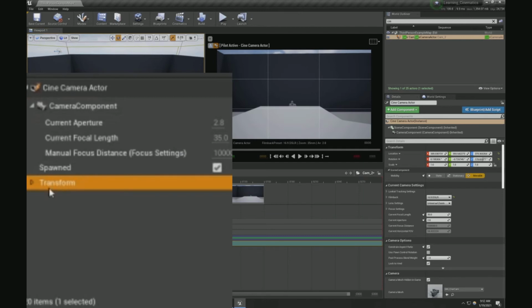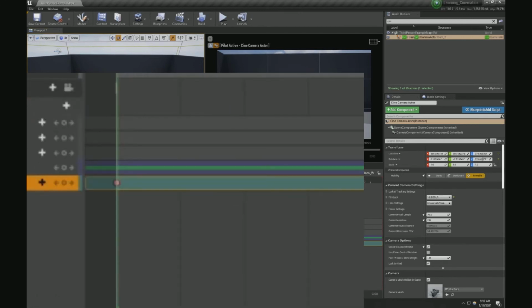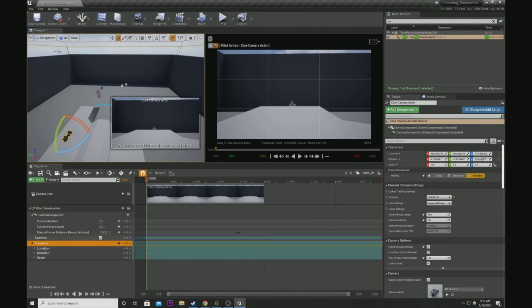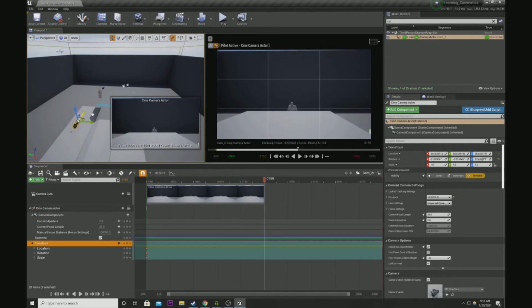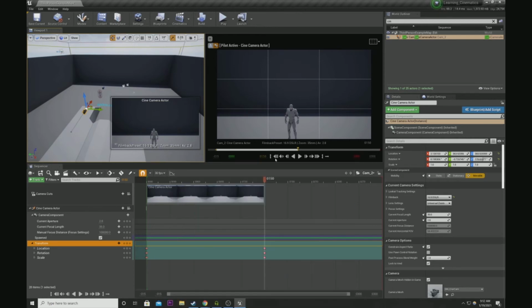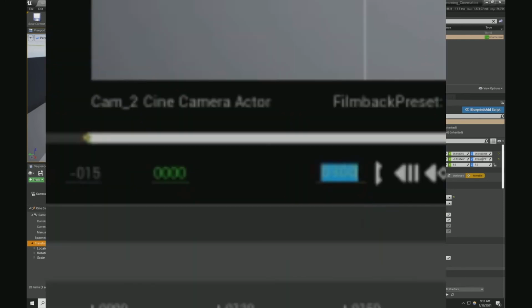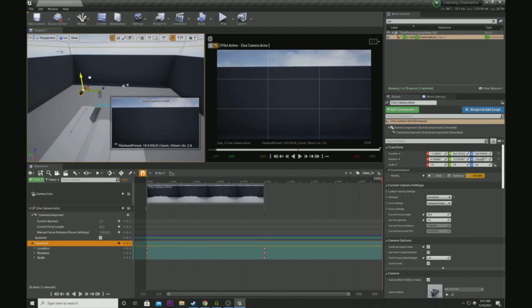Go to transform, hit enter for the initial keyframe, and let's move to 150. I just typed it in here, and let's move our camera forward to the edge of the stairs. Hit enter. That is our new keyframe. Then we'll type in 300, and let's say we'll raise our camera up and have it look down